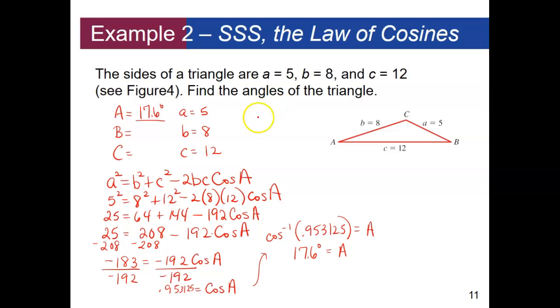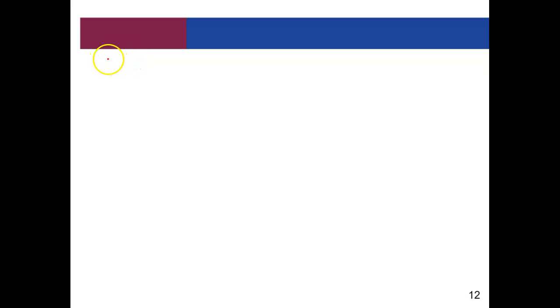Okay, so now we're ready to go ahead and find angle B. We're going to basically be repeating this process using angle B instead of angle A. If we're going to be finding angle B, then that means we're going to use the law of cosines formula that has the capital B in it, which is the one that starts with the B squared. So I'll have B squared equals A squared plus C squared minus 2AC cosine of angle B. When I plug everything in here, B was 8, so I'll have 8 squared, A was 5, C was 12,